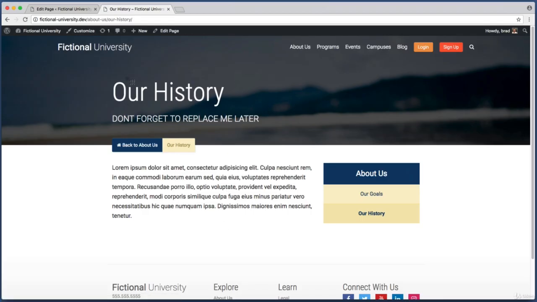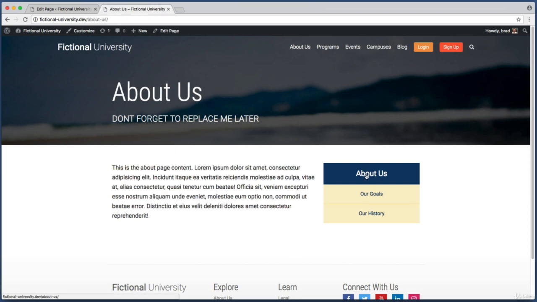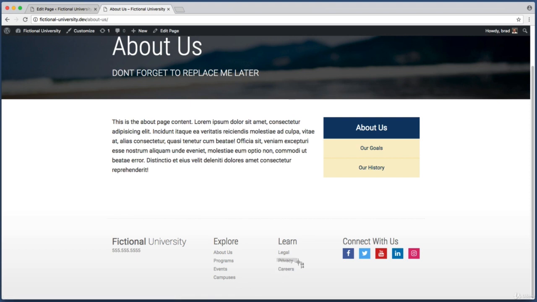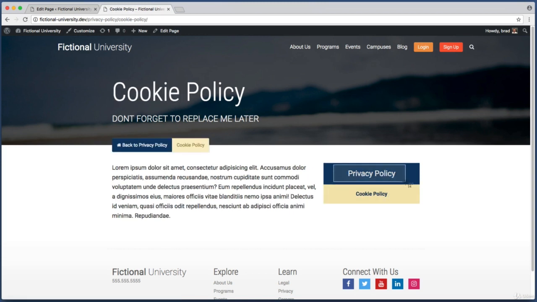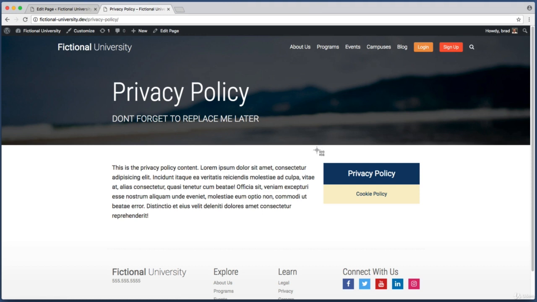So we're currently on the Our History child page, but if I click this blue headline, it takes me to the parent page. And if I go down into the footer and click on Privacy Policy, I can click on this to navigate to a child page, and we can always use this header link to go back to the parent page. Okay, so at this point, we've made the menu dynamic, but now we need to ask ourselves, what